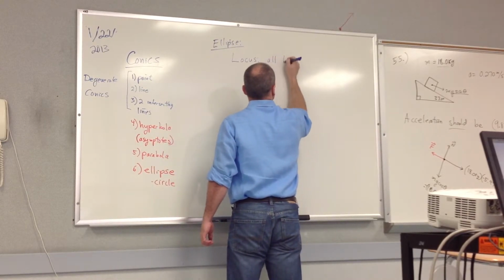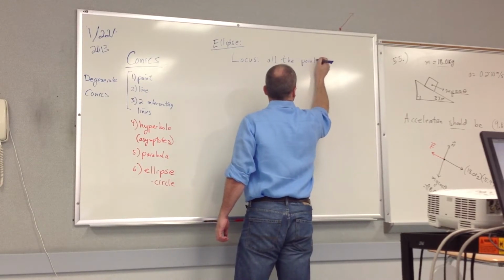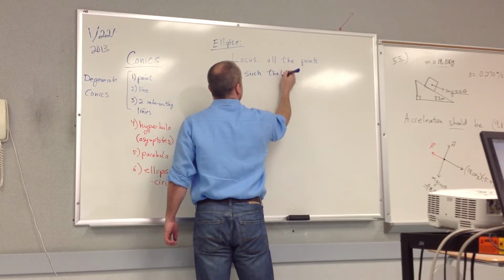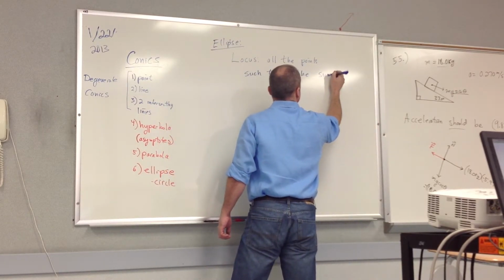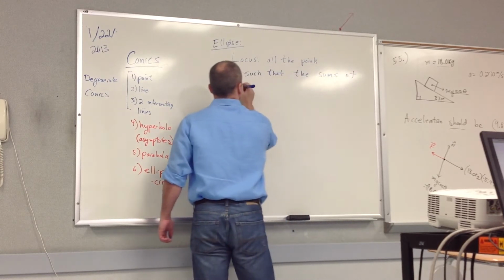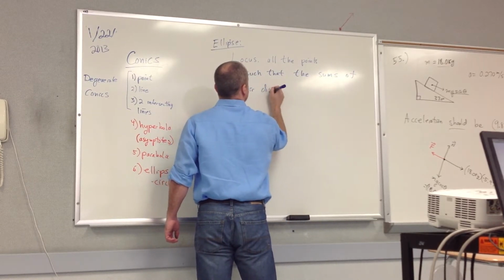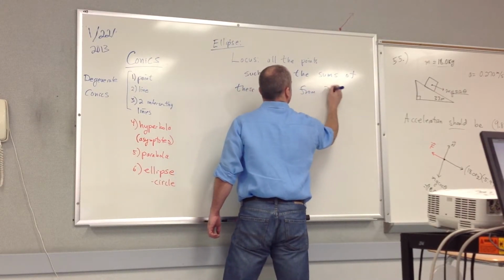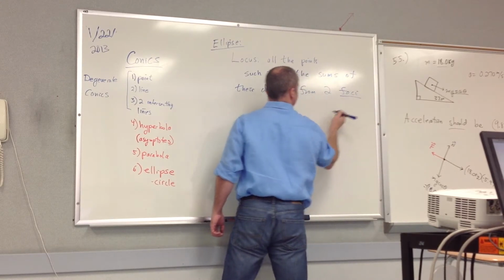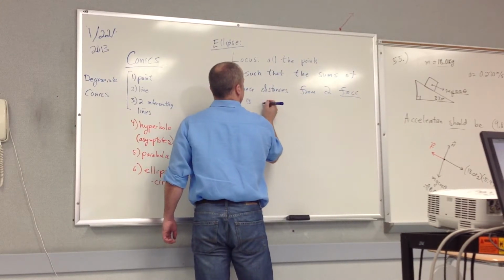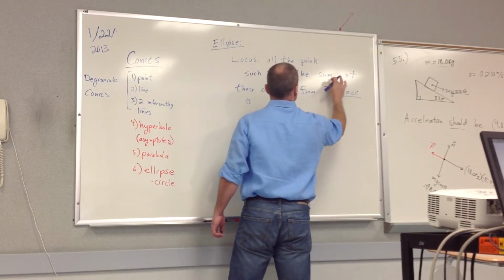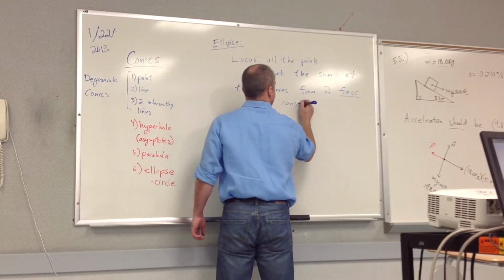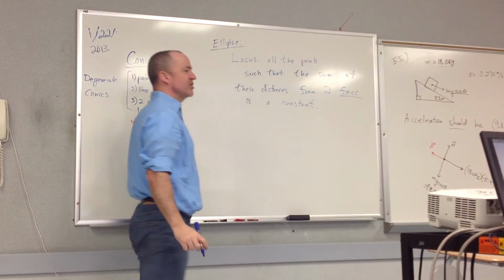An ellipse is all the points such that the sum of their distances from two foci, plural of focus, such that the sum of their distances from two foci is a constant. Now in English that's a little hard to follow,